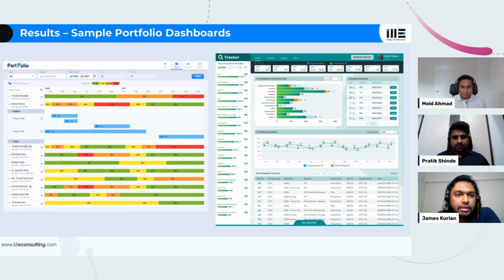Now, in the other slides, we talk about some of the sample dashboards that we've created. So you can see the portfolio data. Once you get the portfolio data from Planisware, you can do things like resource planning, and you can look at things across therapeutic areas, across milestones, across the FTEs. You could do your actuals versus forecast. This is pretty important. The gap analysis, where you want to visualize your forecasted data, you want to visualize the actuals so that you're on track. So we can build solutions around that that help you with these.